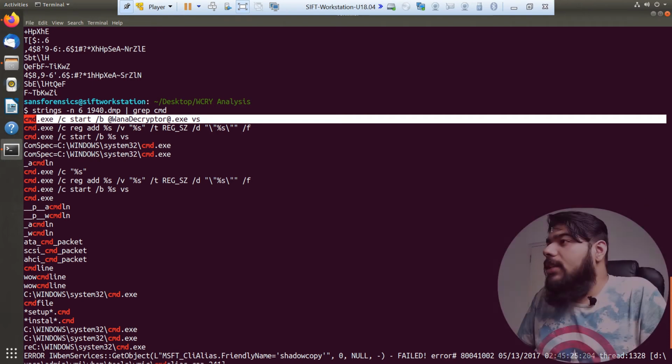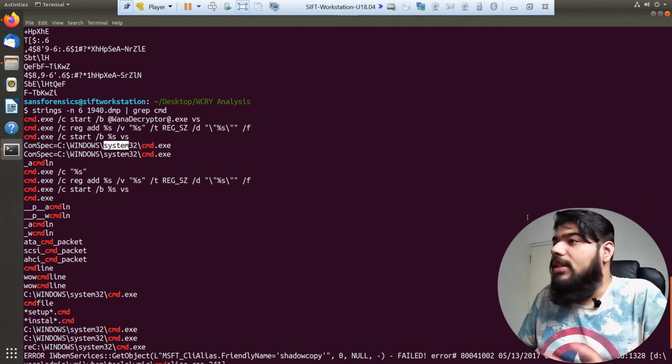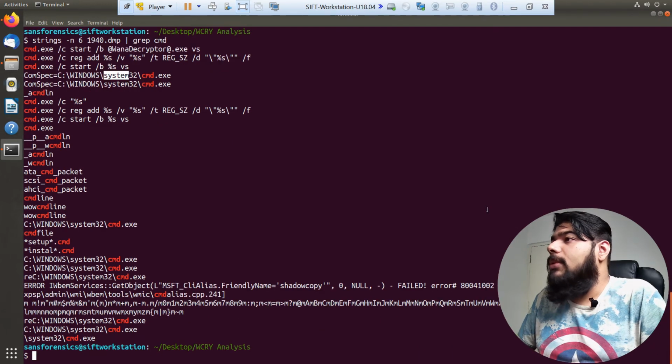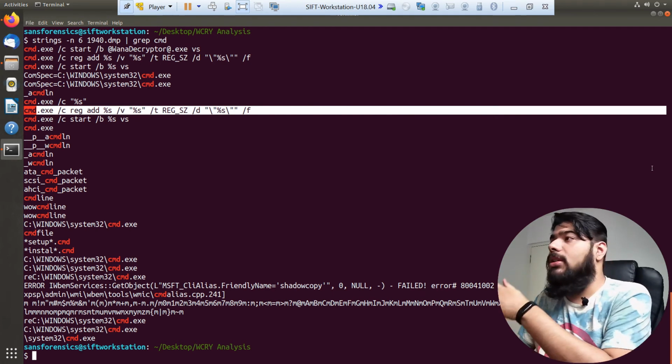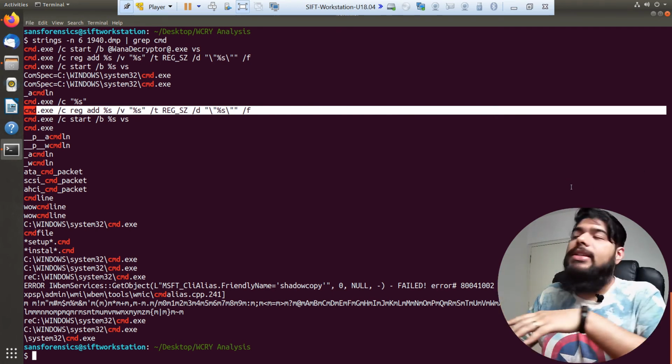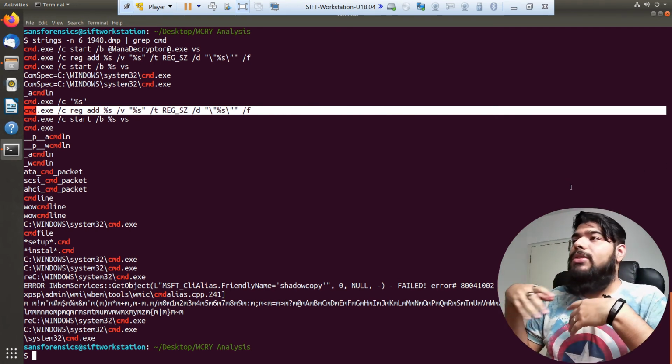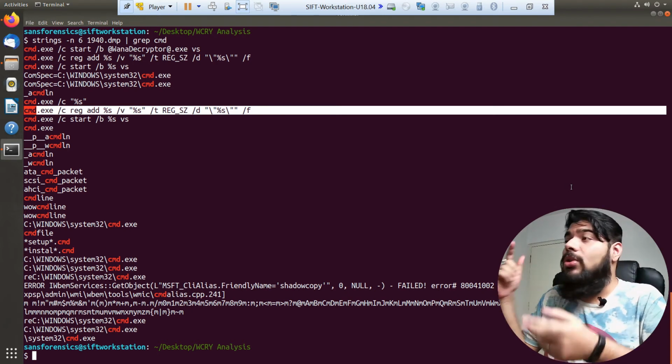The CMD process is obviously residing in System32, nothing fascinating about that. And if you come here and see this cmd.exe, this is a regex pattern that has been passed from the memory, and that is the instruction given to cmd.exe to load up